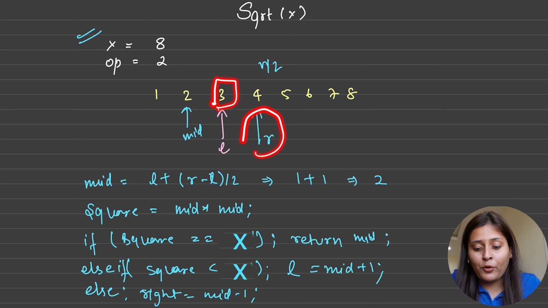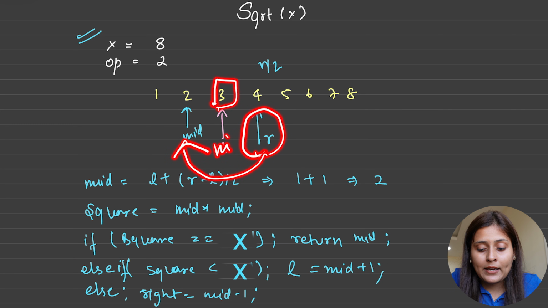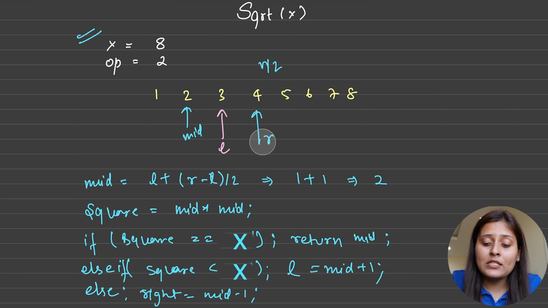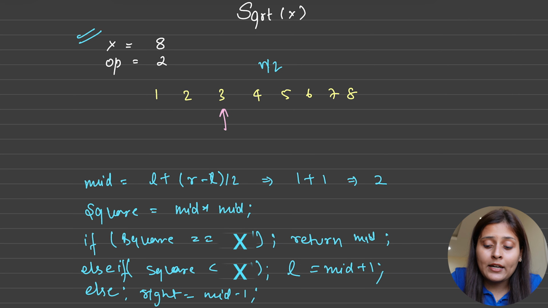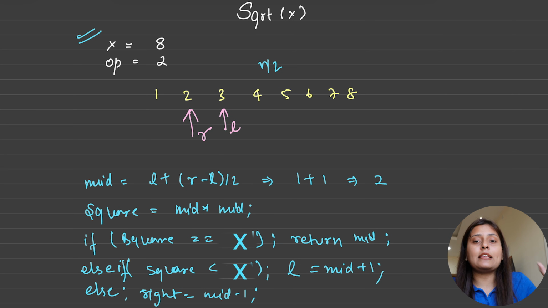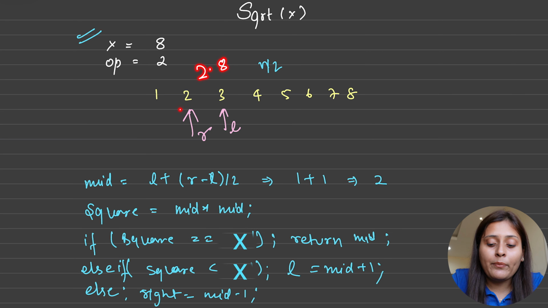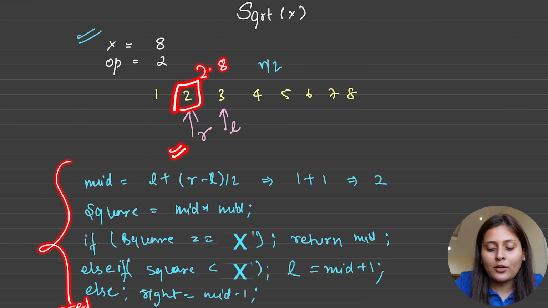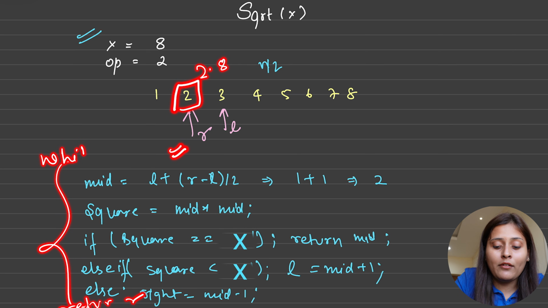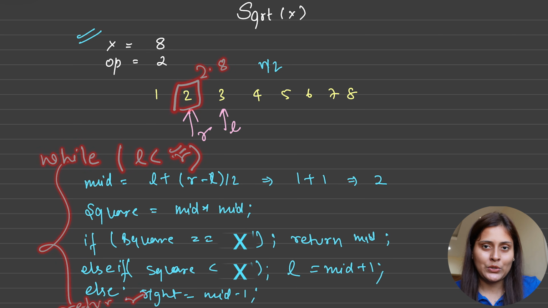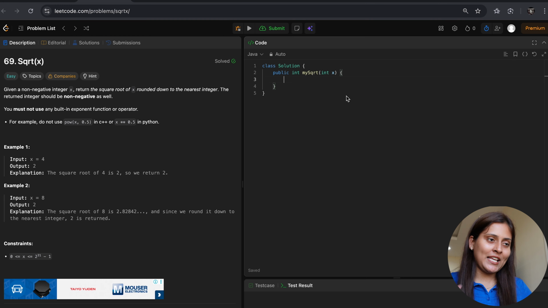So we will move our right pointer, and since this is the new mid, we will move to mid minus 1. In this way we can see our left is here at 3 and right is here at 2, and hence they crossed each other. So we will stop our while loop. And what is our answer? We know the answer will lie in between, it will be 2 point something, correct? Rounded down, for 2.8 it will be 2. So hence 2 is R. After coming out of the while loop, we will simply return R, and this whole thing we will close in a while loop with left less than or equal to R. Okay, and now let's code the same logic in our code editor.